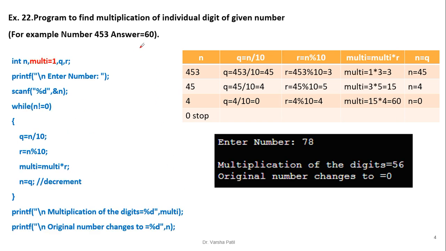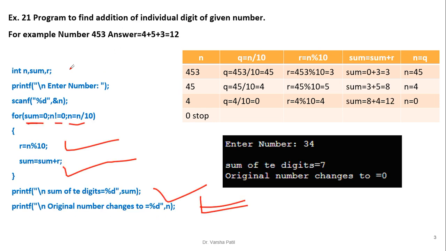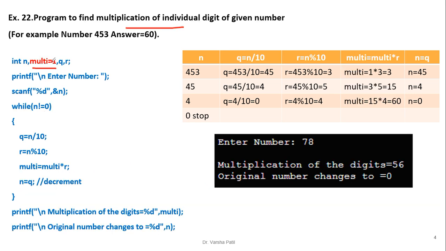Now the program is the same, only instead of the sum of the individual digits we want the multiplication of the individual digits. So what is the logic here? When we declare the variable, in some programs we initialize sum to 0, but in multiplication we can't initialize that variable to 0. What will happen? Because 3 into 0 is 0, anything into 0 is 0, so the final answer will give 0. That's why whenever we want to do multiplication, the variable is generally declared as 1,